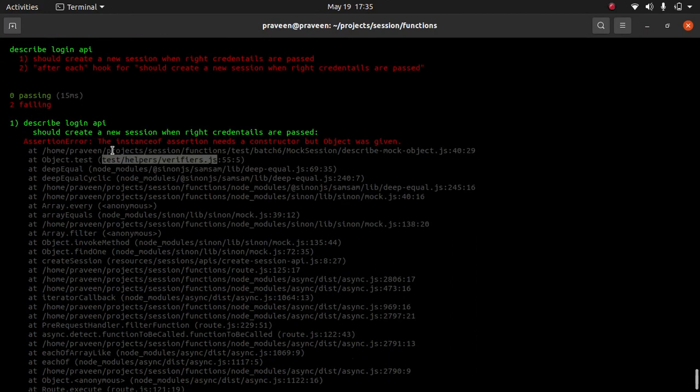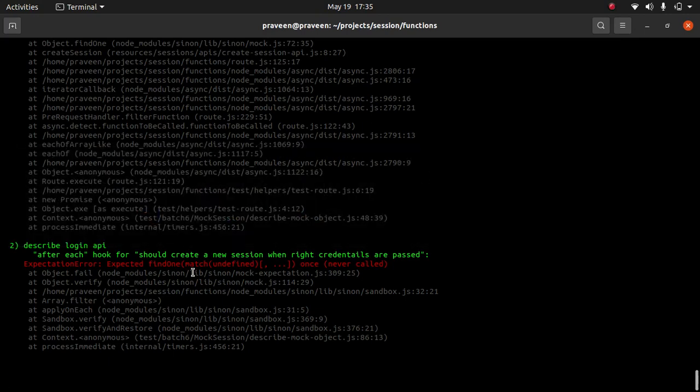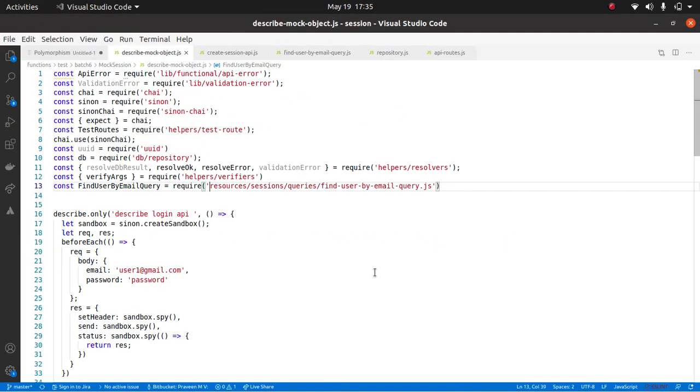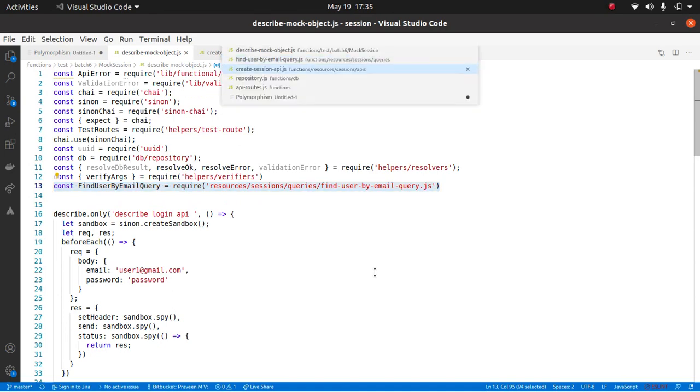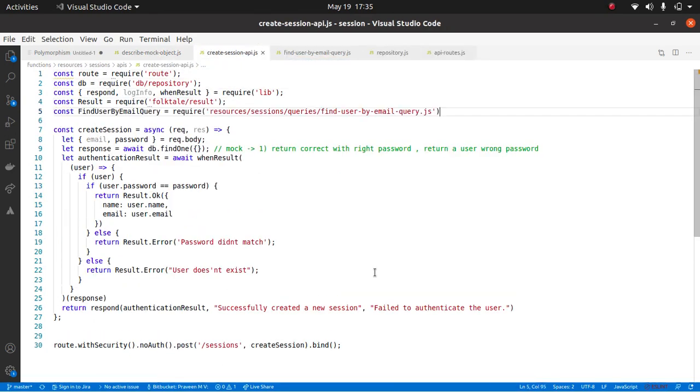but now it is telling the instance assertion needs a constructor but object was given, right? So it is telling find one should be called but it was never called, right? Yes. It actually called the find one but with the wrong argument. So now I'm going to go to your API and I'm going to add this guy and pass this thing.